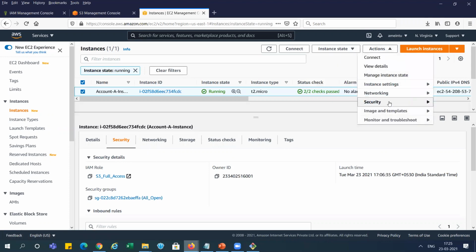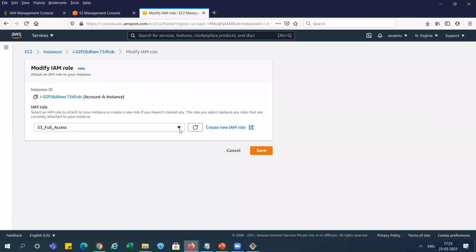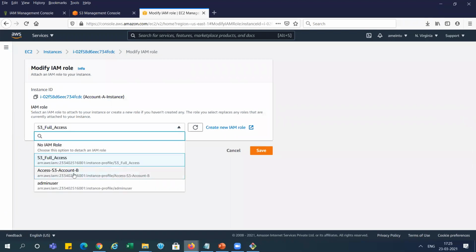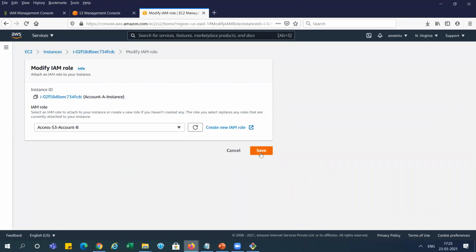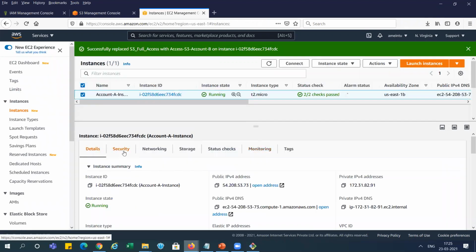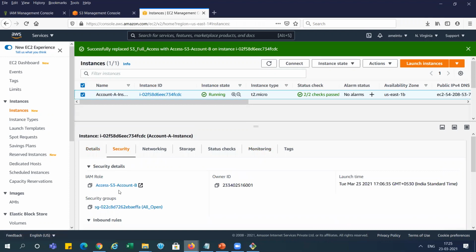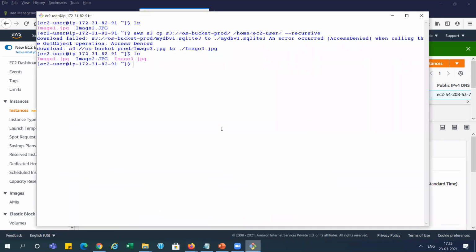Actions, Security, Modify IAM role, right? So you can see here, we are able to see some access S3 account B also. We are going to select and save it. After saving it, if you go to the security, we are able to see this one. So now if you go here and run aws s3 ls, you can see the account A